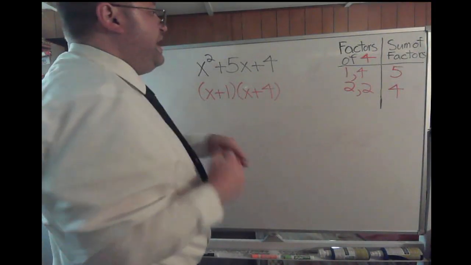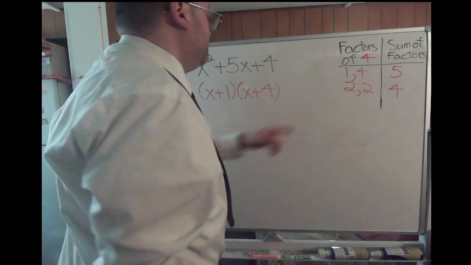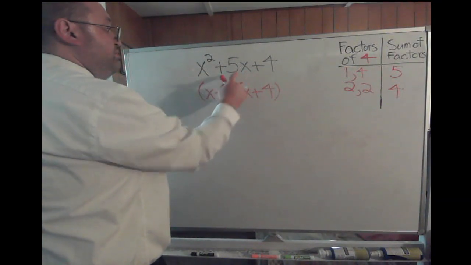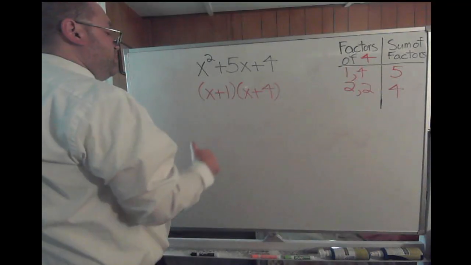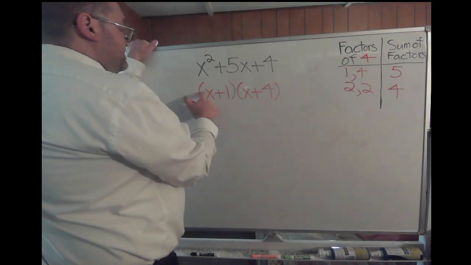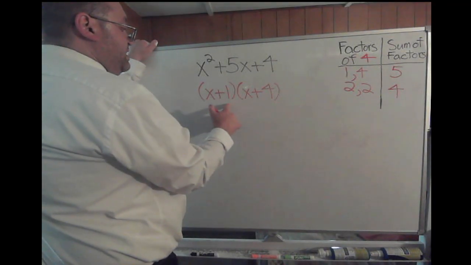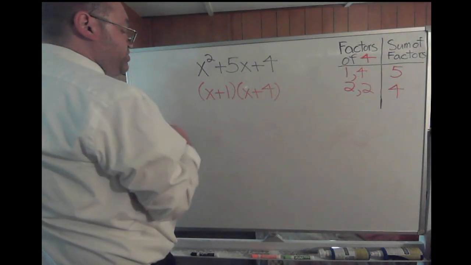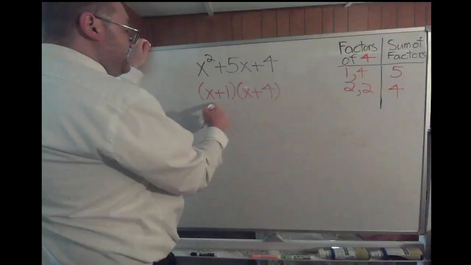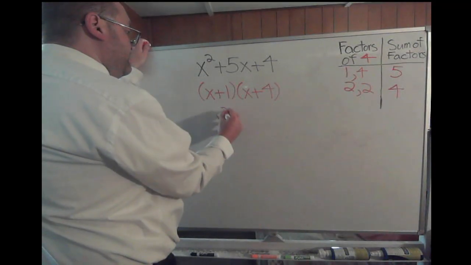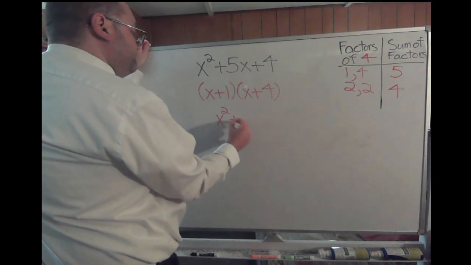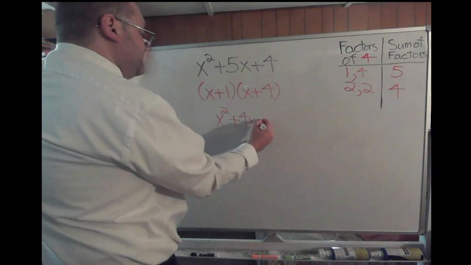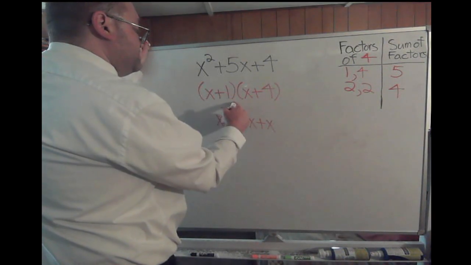So once you've found the factors of the constant term that give the coefficient on the middle term, you take x + 1 times x plus the second factor. And if you FOIL this out, you get x times x is x², plus x times 4, which is 4x, plus 1 times x, which is just x, plus 1 times 4, which